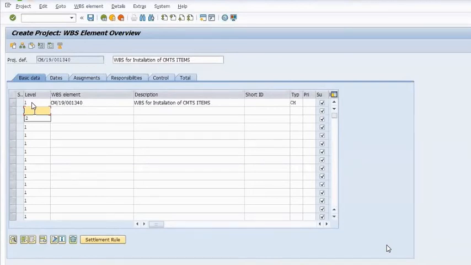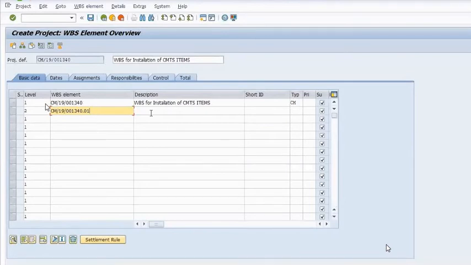Level 1 WBS is always known as the project. Here I have to mention level 2, that is CM oblique 19, denoted with .01. This is our project, and .01 becomes our first level 2 WBS. If in one project there are multiple sites, then we can maintain multiple level 2 WBS.